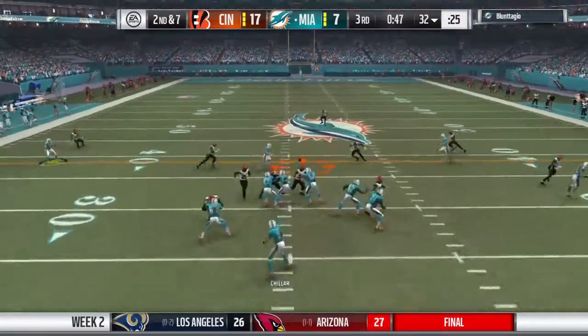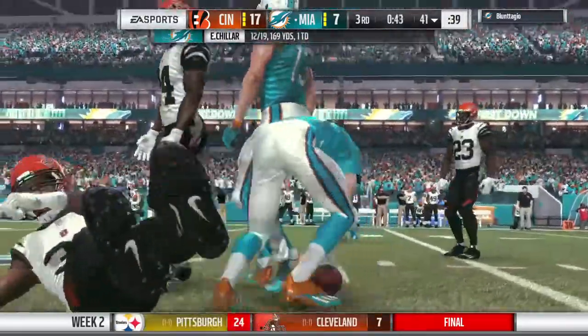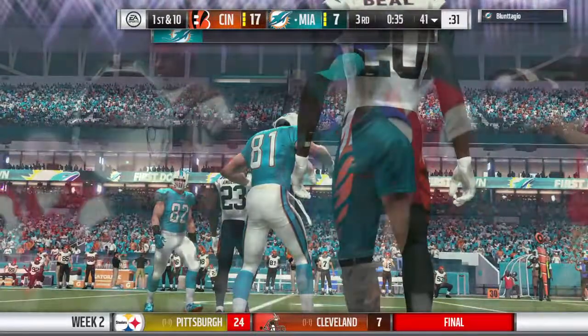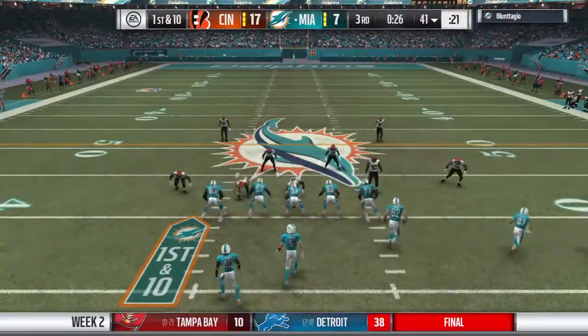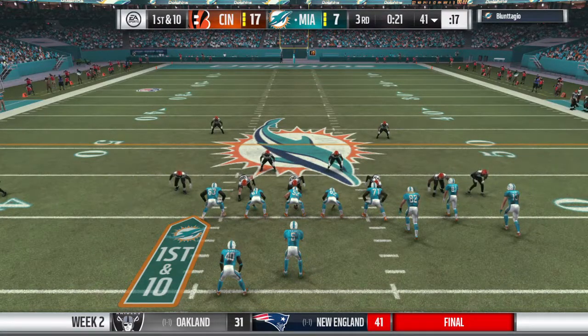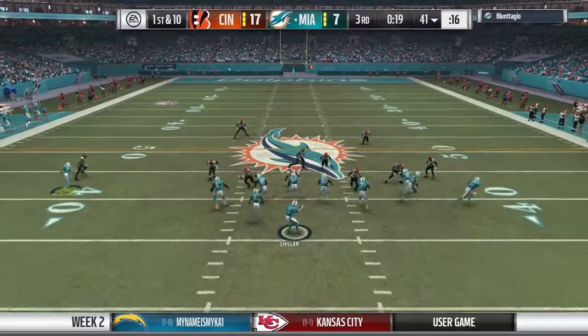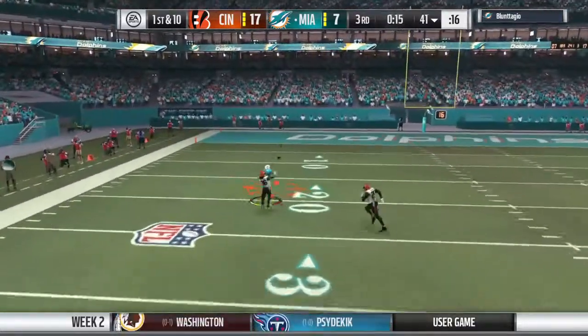Now a shotgun snap as they'll look to throw. Throws a quick hitter on the slant. That's complete. 9 yards on the pickup there, and it keeps the drive alive. Some think that teams really won't throw a slant route unless you have a receiver that has a lot of stature to him. But sometimes the little guys, they get lost in there. People can't really locate them, and they run that quick cut on the slant, and oftentimes they can...